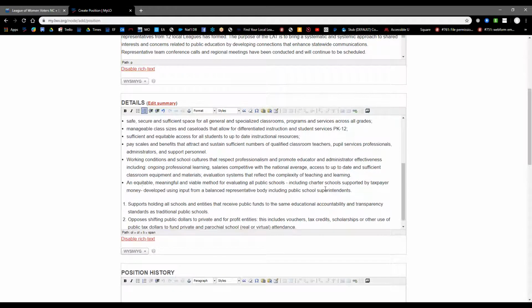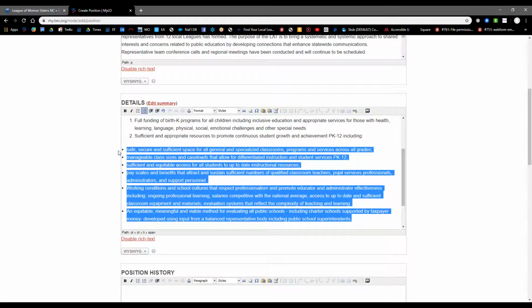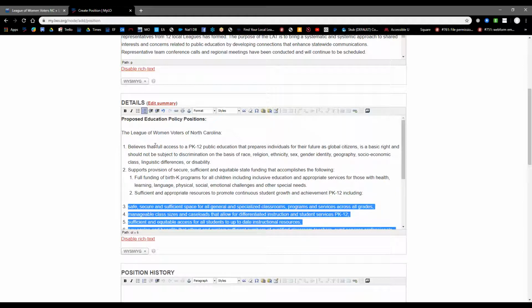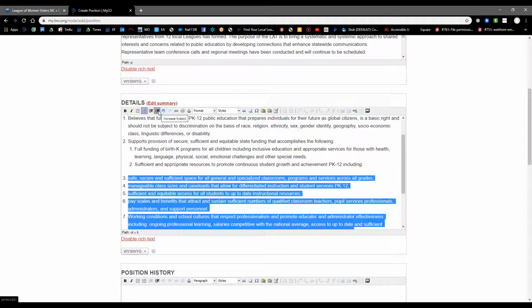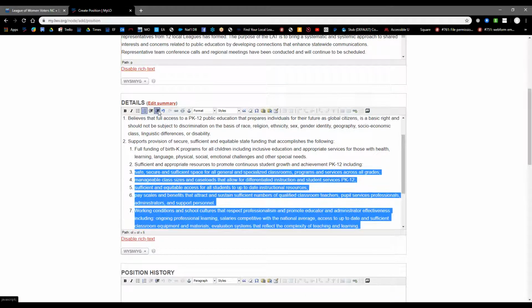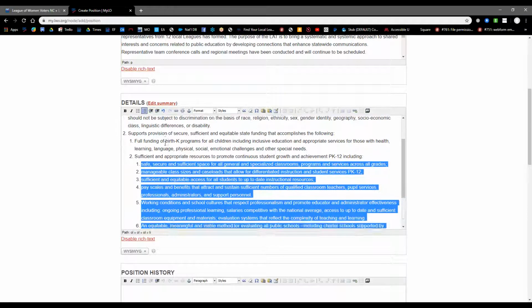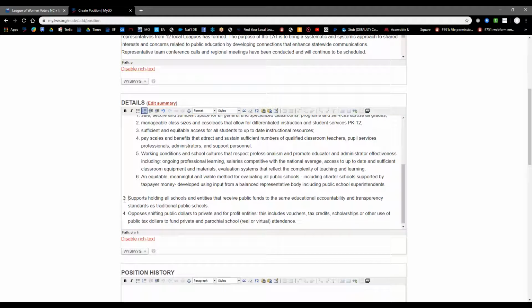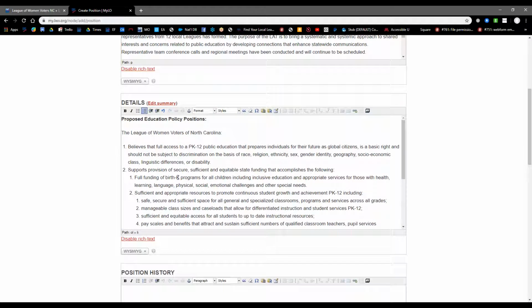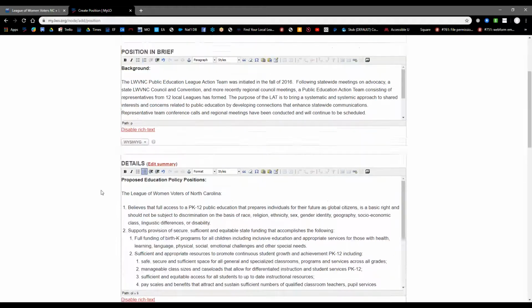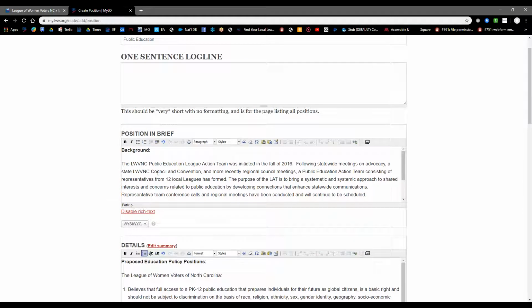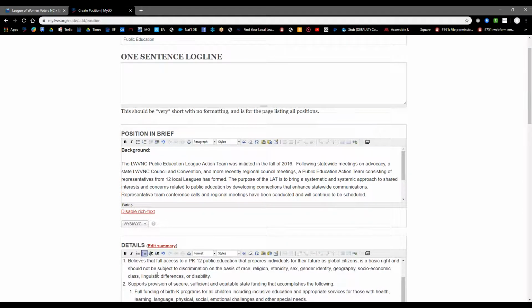And then now all of these here were subpoints of number 2 here. So again, we need to add them to a numbered list and with that whole chunk highlighted, indent once and indent a second time. So now these are 3 and 4. Okay, so now that we have the background and the details in there,